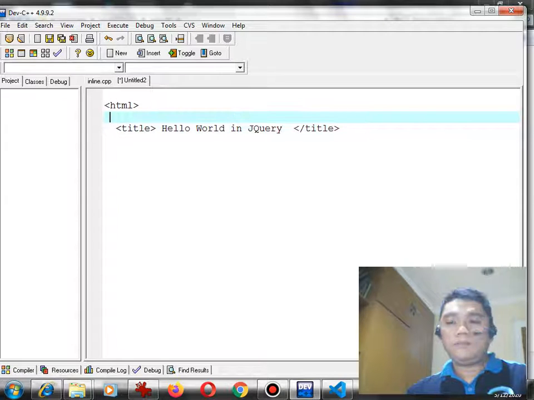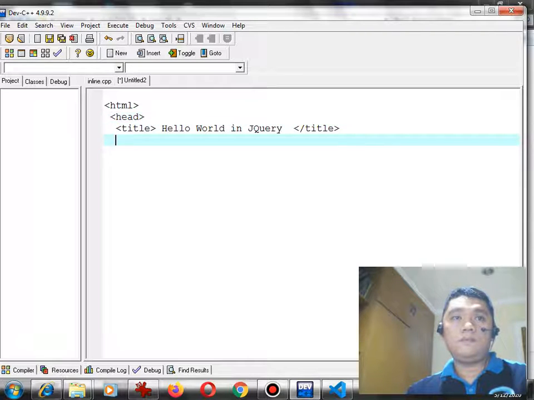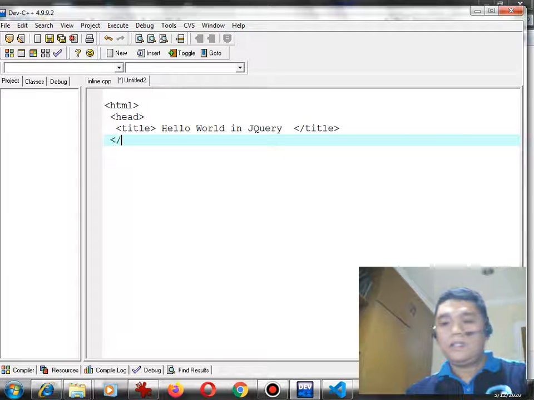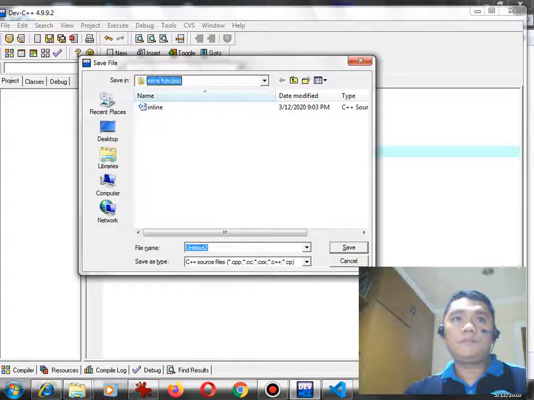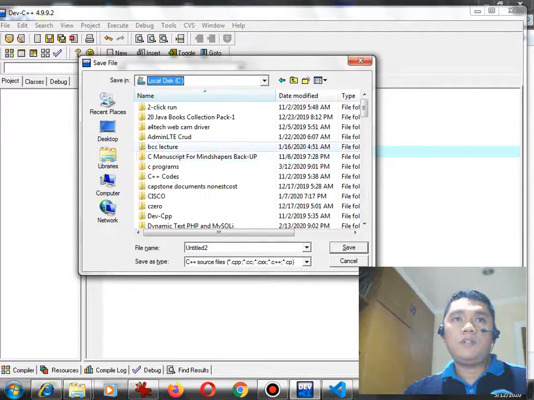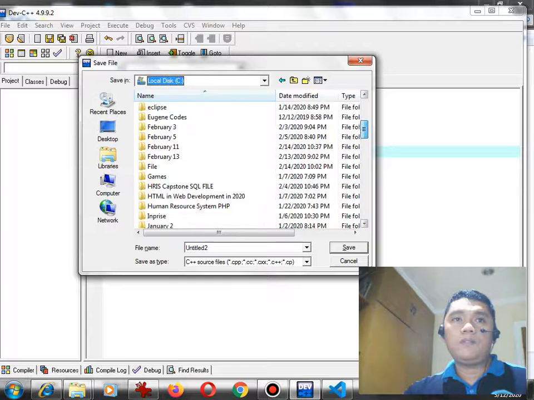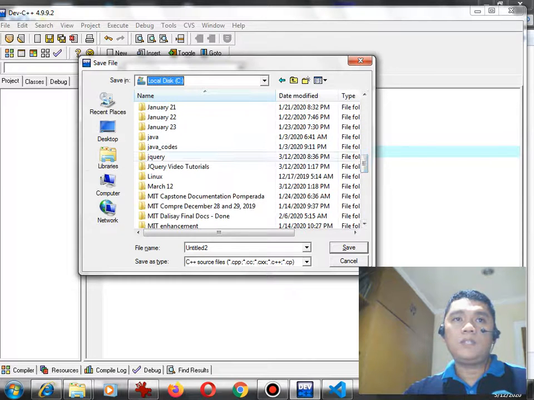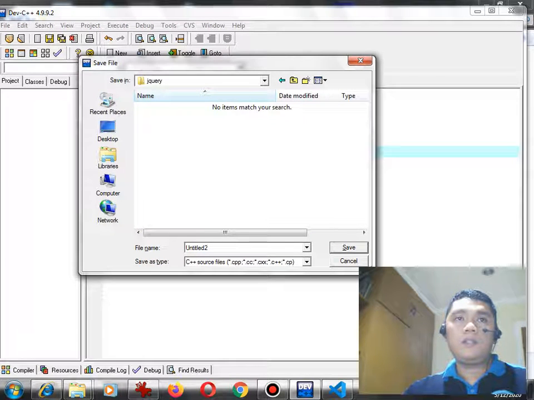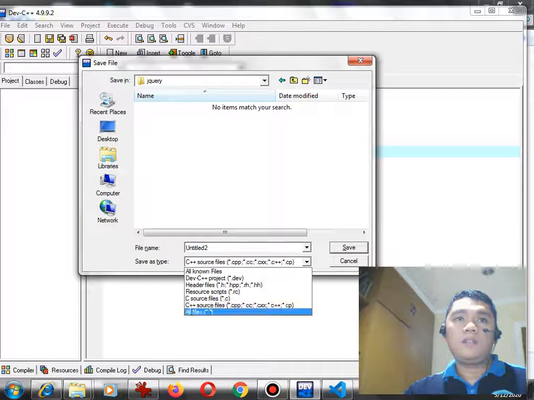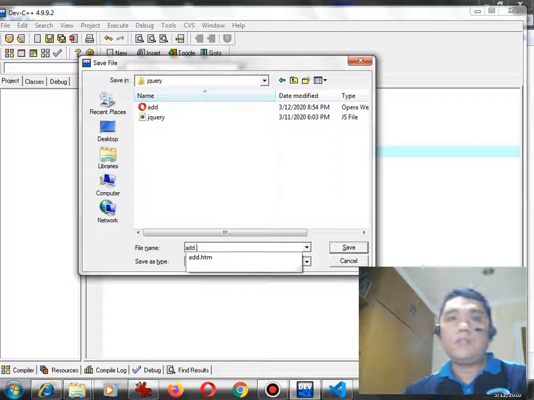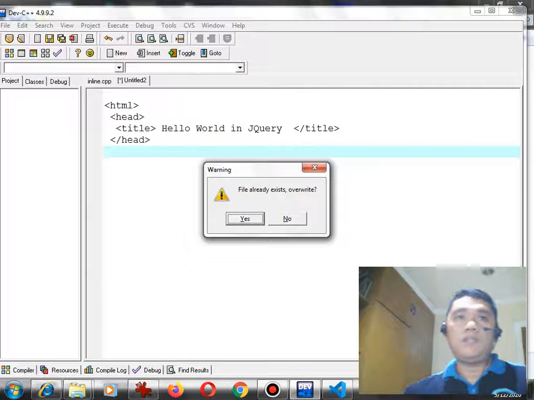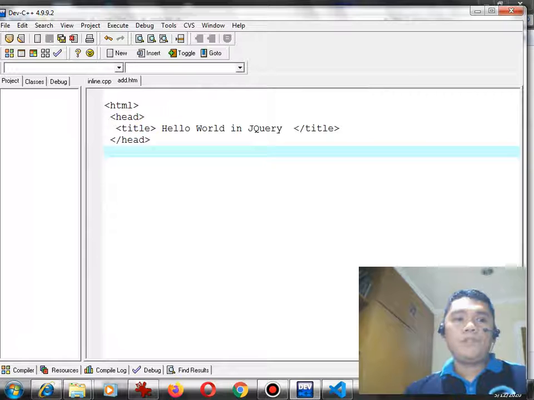Head. We'll save our work. We will go to the folder jQuery. Let's say, for example, we will name it add.html. We will overwrite. Yes. So here we can write script,